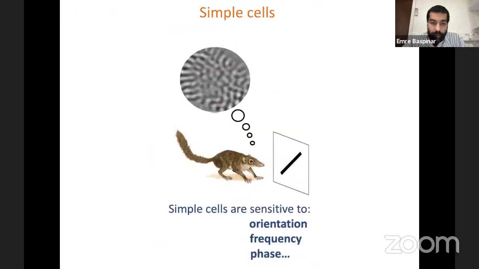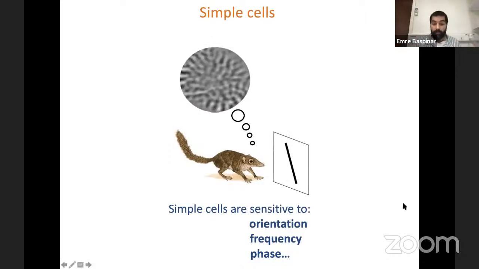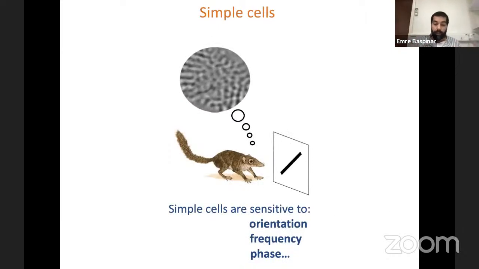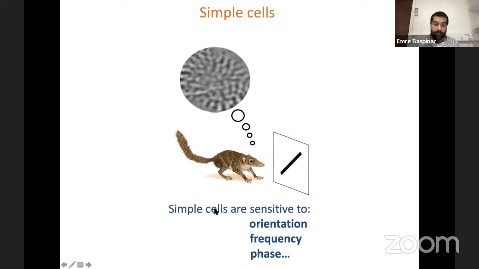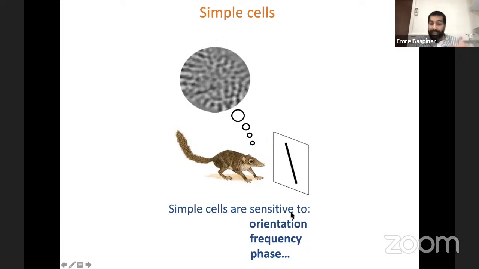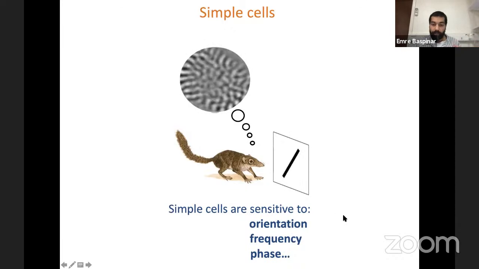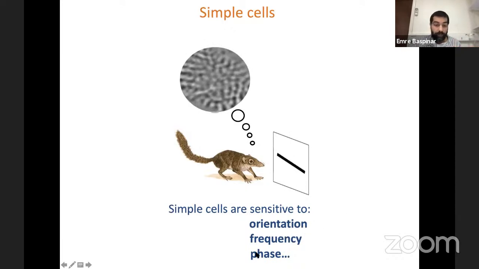Primary visual cortex is the main part of the brain which is responsible for the first step processing of visual input which we collect from nature in order that we perform proper visual perception. And this part of the brain contains a specific family of neurons which we call simple cells. The particularity of simple cells is that they can extract the information related to several visual features such as orientation, frequency, phase, color, and so on. And in fact, right now, thanks to their orientation selectivity, we're able to distinguish between the different angles of the rotating bar on the screen.